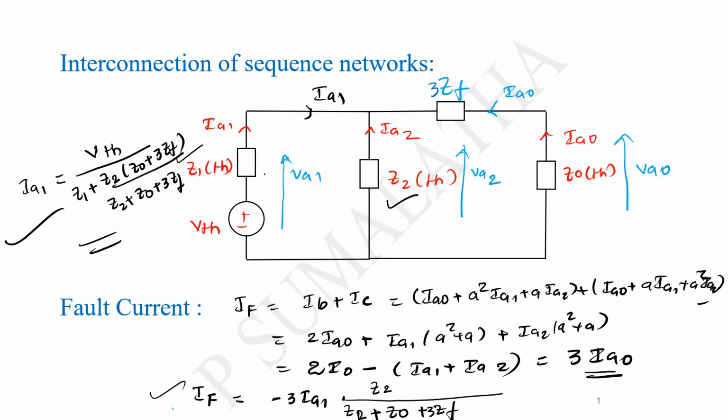If they have given you the positive sequence component in the problem itself, then directly you can substitute in this equation to get the fault current. If not, we have to find out first the positive sequence current, then find out the zero sequence current, then substitute in this equation to get the fault current. So that's it. With this, we have finished all the unsymmetrical component relations with respect to the synchronous generator terminals as well as the power system network. And we have finished the numericals related to the synchronous generator.